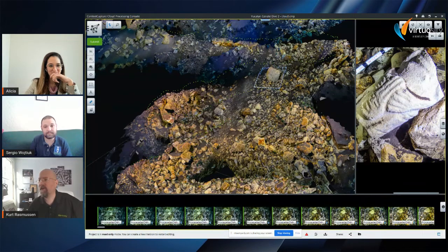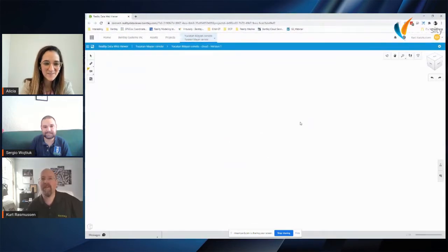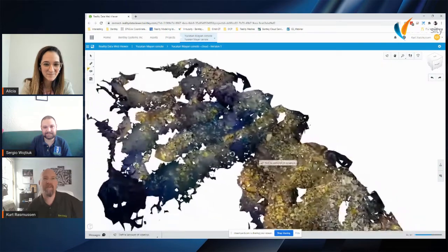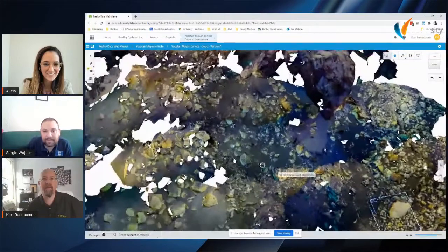Sorry, I'm just pulling up another file here. Okay, more stuff. Well, no, it's still the same, but I know we went through yesterday and added some notes to different things. Sergio found part of a plate that was up here, and I forget which file I noted it in, but